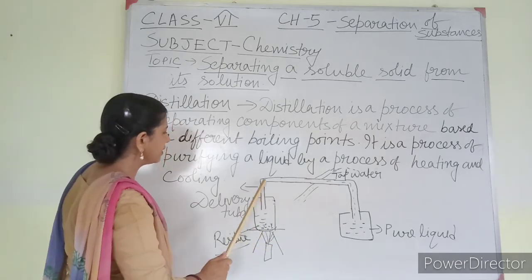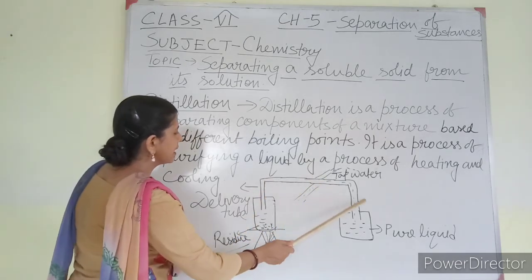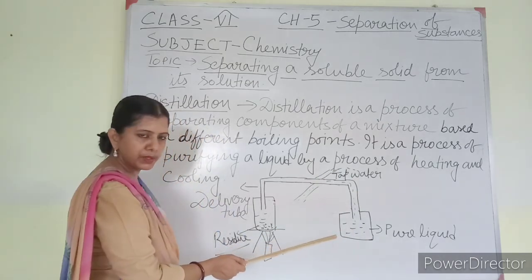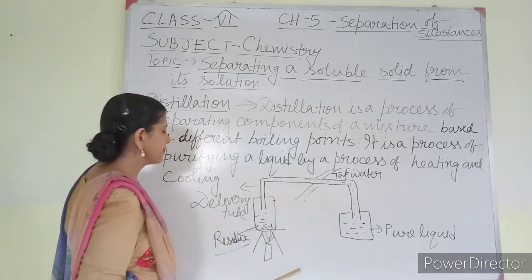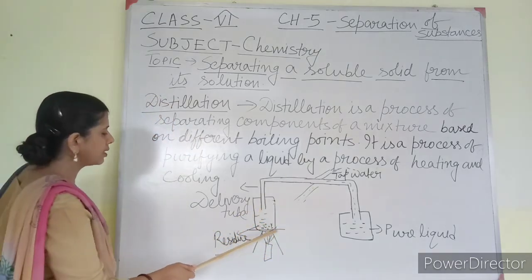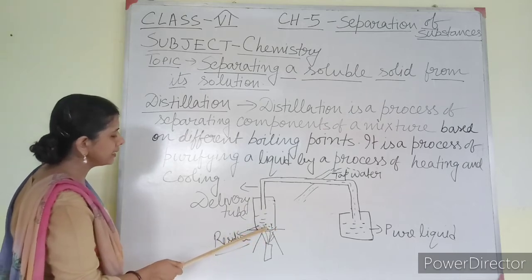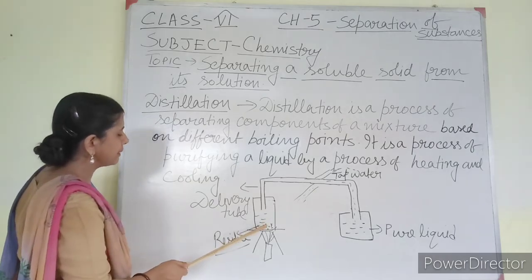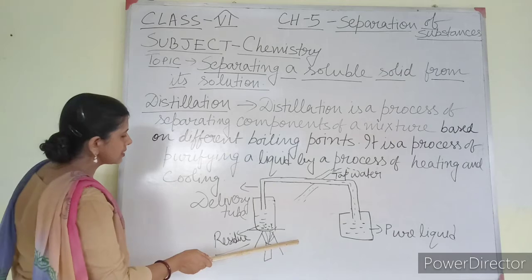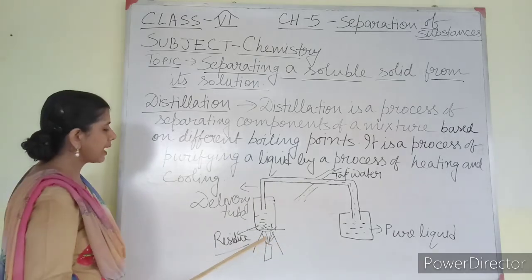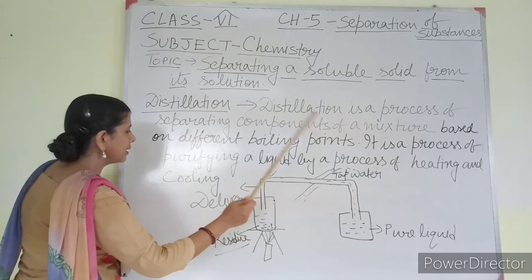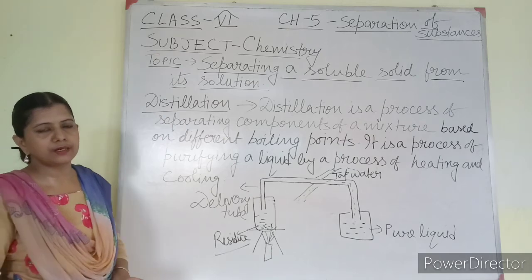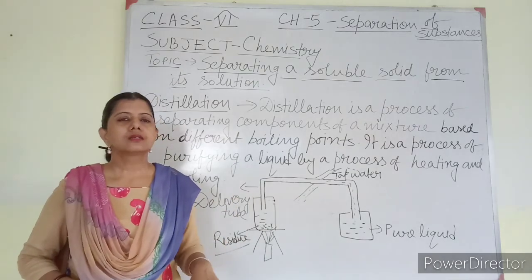The liquid will evaporate, then it will condense and it will be collected here. So this liquid is pure liquid without any impurity, that means without any salt, and the salt that was dissolved in water will remain in this container, and that is known as residue. The residue will be left behind in the previous container. This is the process of distillation, by which I get back the solid and the liquid. So this is also one of the ways by which I can separate a soluble solid from the solution.